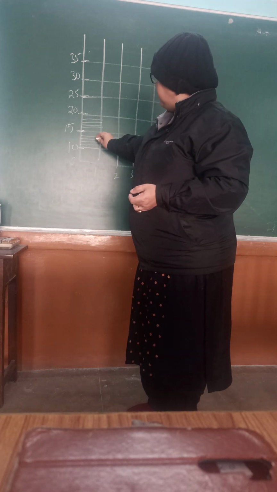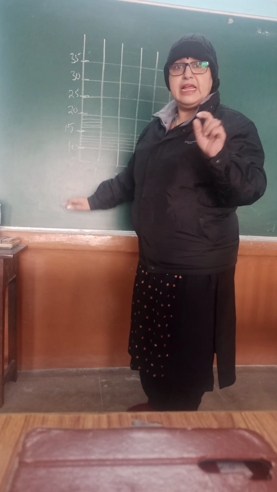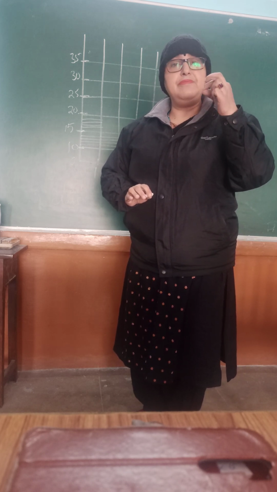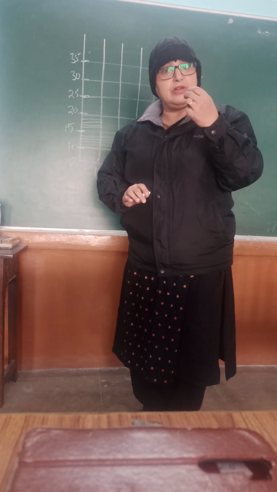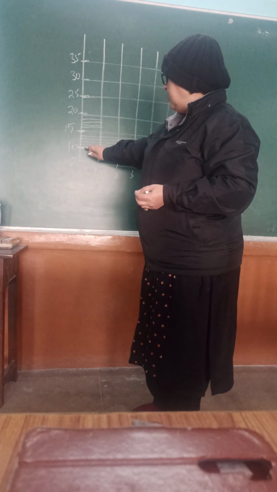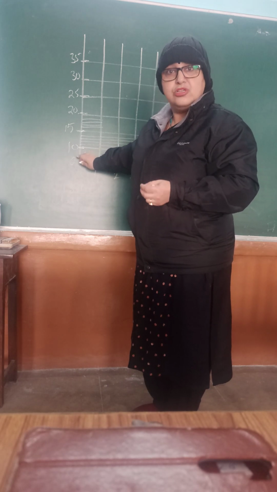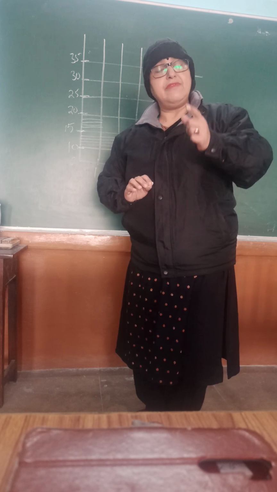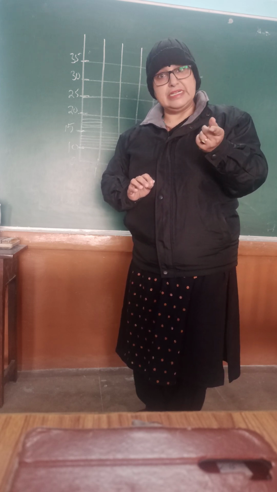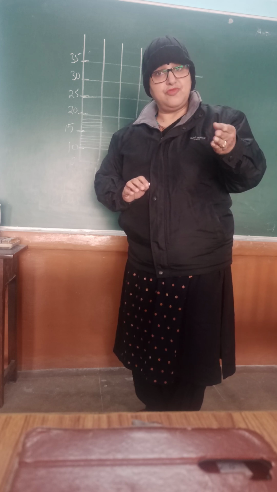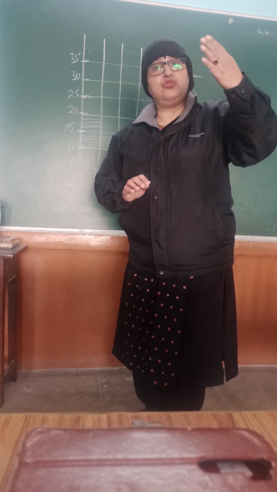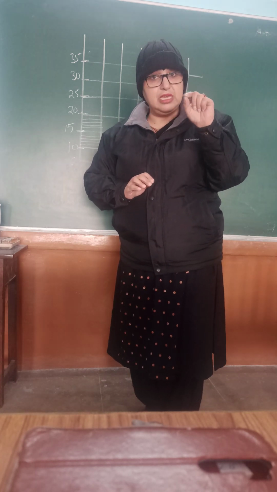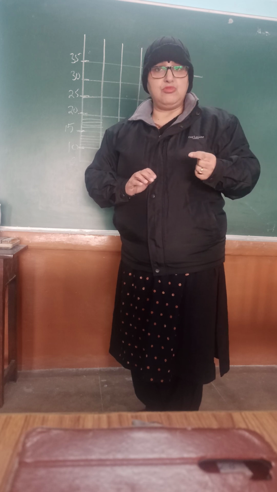Okay, so if you see, between the two boxes there are thin lines which are drawn, and each thin line will be representing a number when you count them. Okay, so if I am writing 10 over here, the next thin line is going to be 11, the next thin line is going to be 12, the next is going to be 13, the next is going to be 14, and then 15, and so on. So in between the two boxes, those smaller lines which are given are also counted.